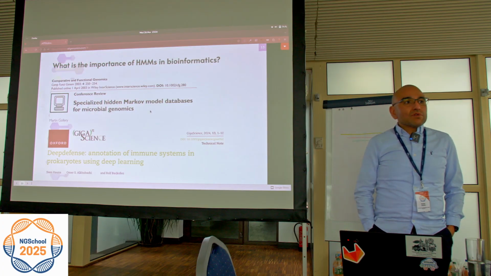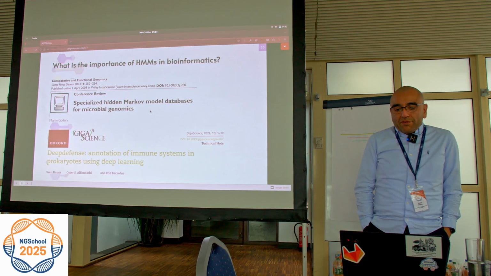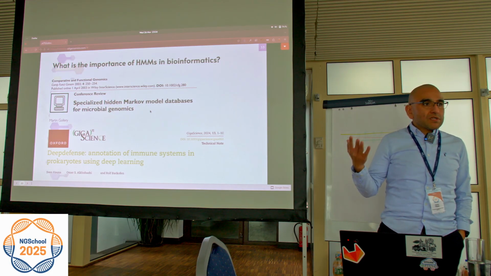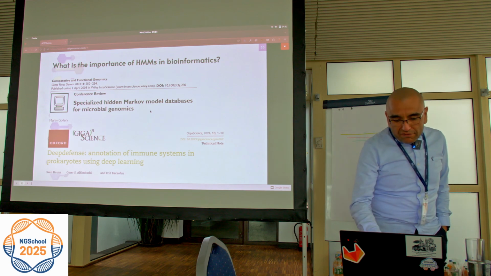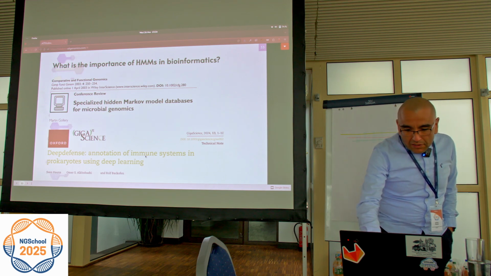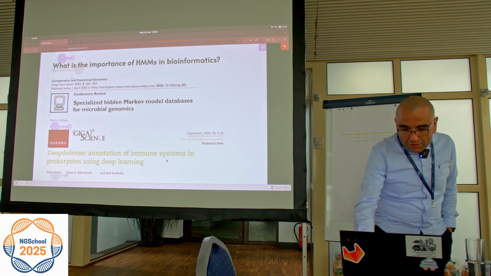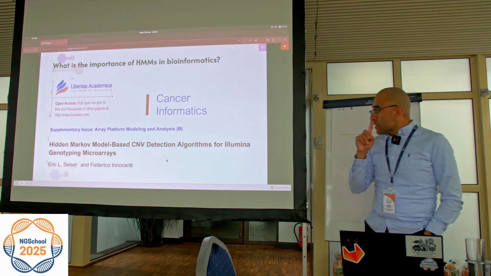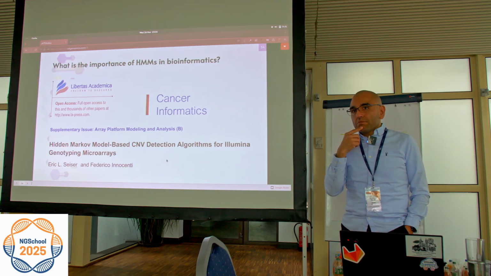And we can also model the transitions of whatever we want. In this case, we have microbial genomics. We can encode everything as presence, absence. We have immune systems in prokaryotes using Markov models. But this one caught my attention because it's actually relatively straightforward to implement,